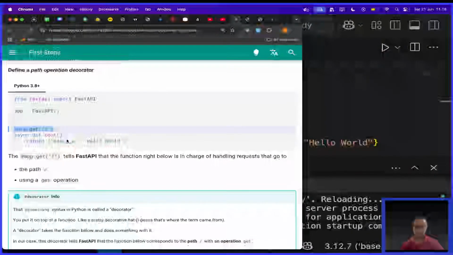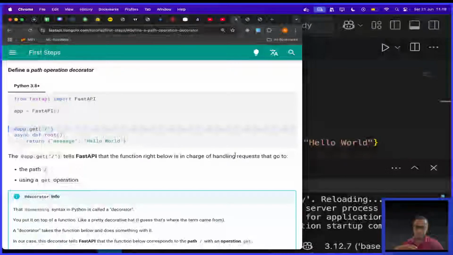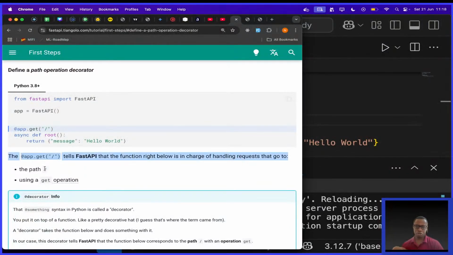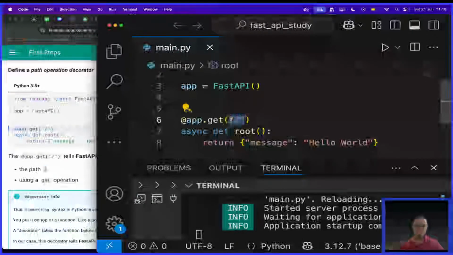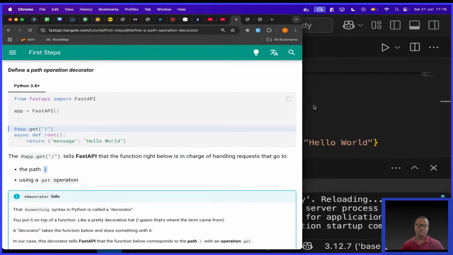Then they're saying the app tells FastAPI that the function right below is in charge of handling requests that go to this path, which is of course the root in this case, using a get operation.